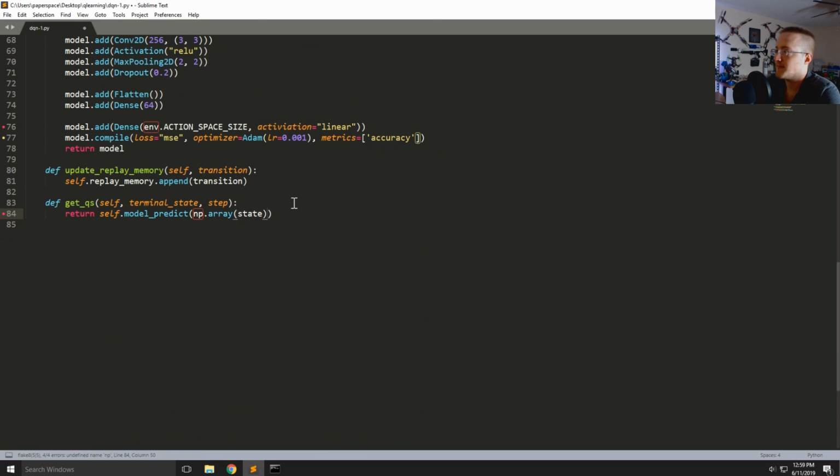Of the state.reshape(-1, *state.shape). All that's doing is unpacking state. And, oh, did I? I sure did. Terminal state, that's for train. Right now we're just passing state here. So np.array(state).reshape(-1, *state.shape)